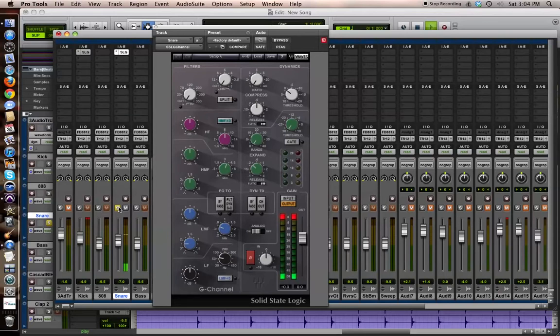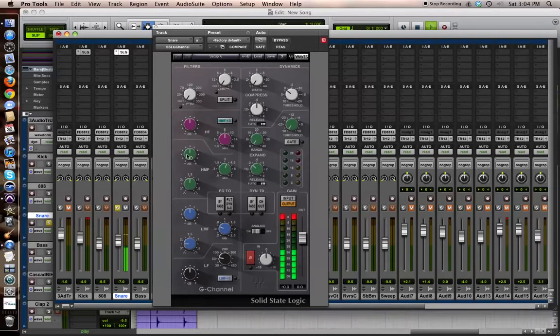Now, this kick right here, like I said, it's a pretty good sounding kick. So I'm really not going to do much to it other than to make it a little bit brighter. It's kind of dull. So I'm going to brighten it a little bit by adding just a tad of high mid. Hear how that sounds? And I want it to be at,